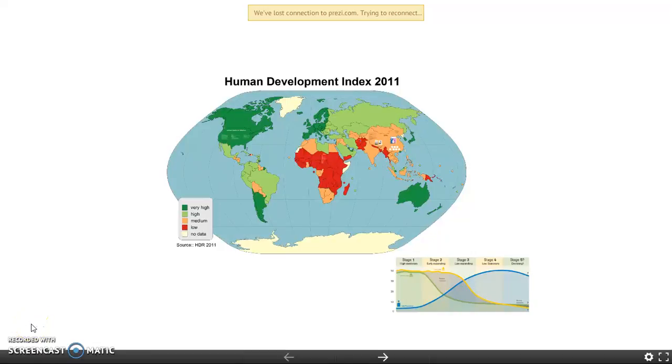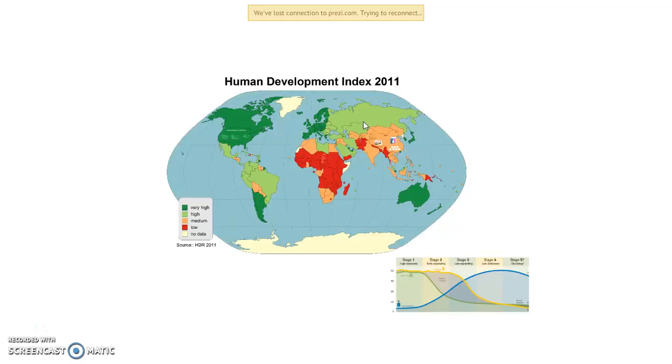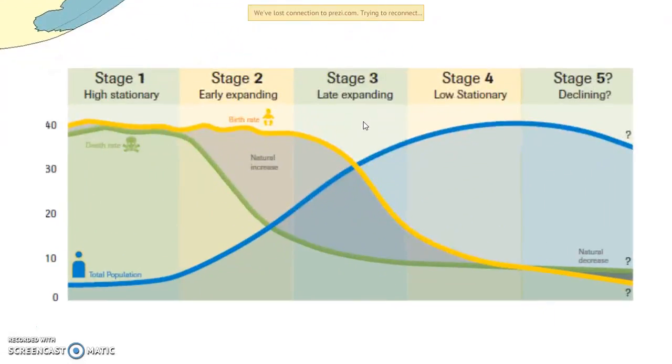My DTM project, and this is the picture of the Human Development Index of 2011. But since it's 2015, it's pretty much the same, so it doesn't really make a difference. So this is the demographic transition model, and this shows the birth rate, death rate, and the total populations of